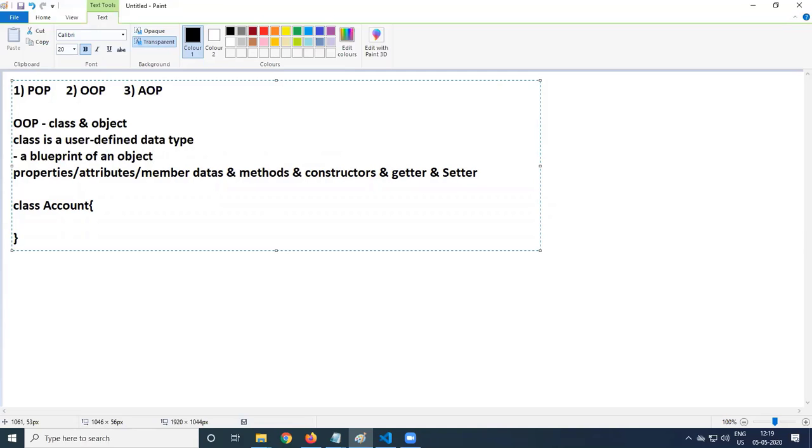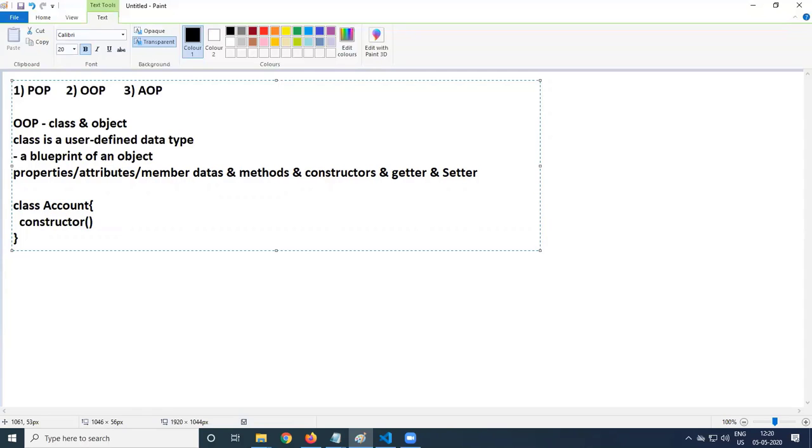Previously we have created an account object. What all comes inside an account object? An account object has an account number, name of the account holder, and the balance amount. So in class Account, we use a predefined method called the constructor.